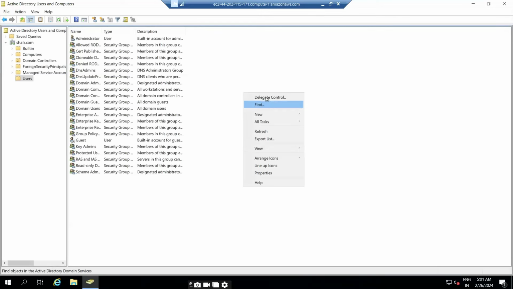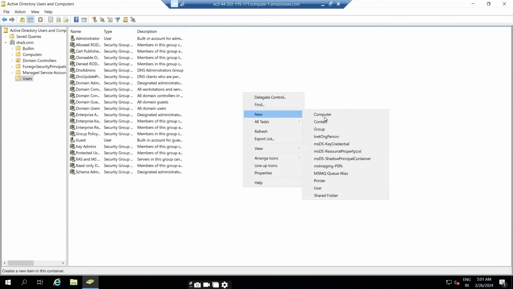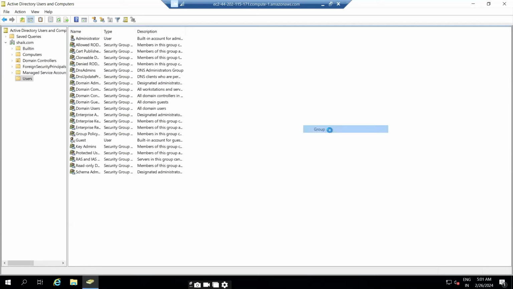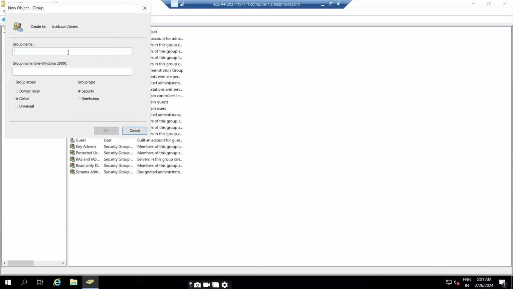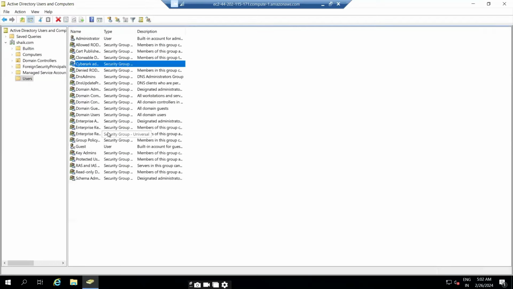Right click, new, group. We are going to create just one group. Give any name as of now, I will tell you later. CyberArk Admin, or Administrator, fine, anything is fine. Click OK. And again, you can create